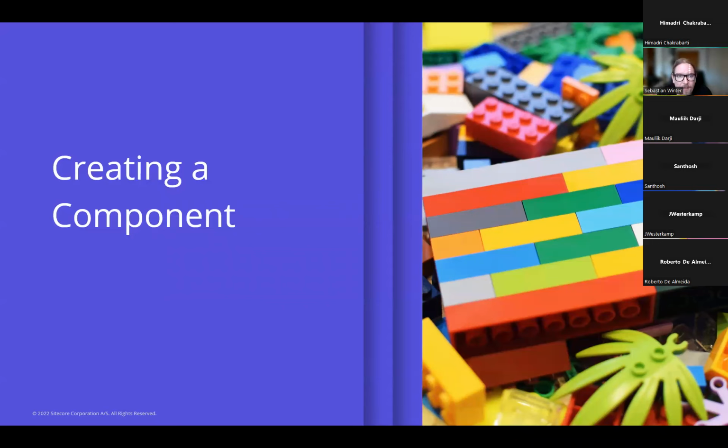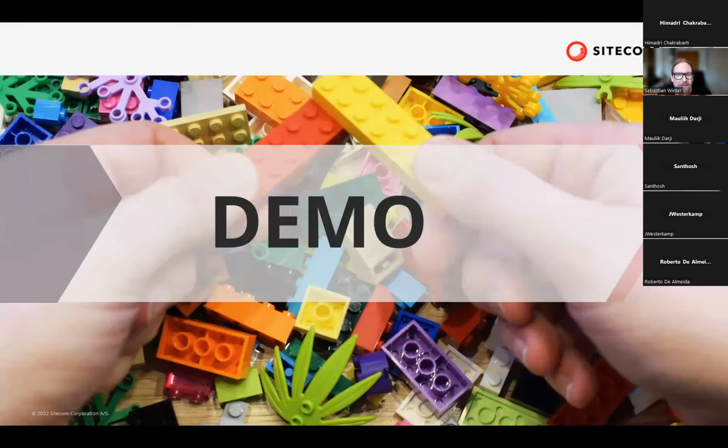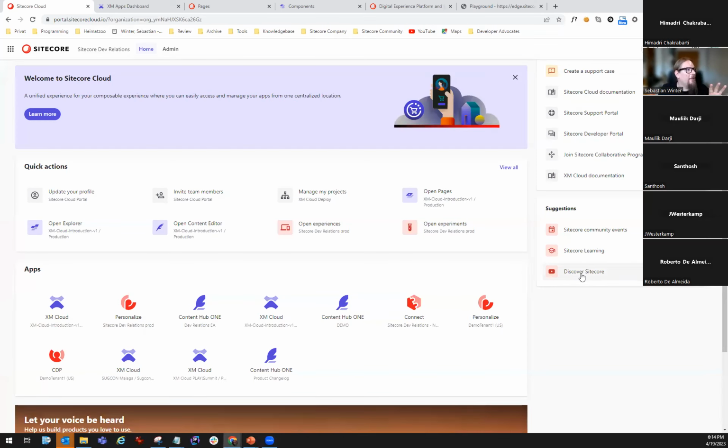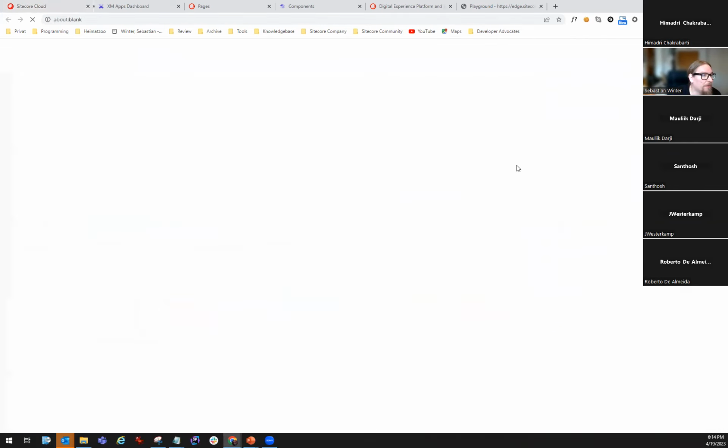Okay, so enough of theory and enough of slides for now. This is called components in action, and let's actually have a look into that, right? So let's build our first component. Let me switch. I need to turn to the other monitor, sorry for that. I'm here in the Sitecore Cloud portal from where I can access all of my composable apps. So you can see I have access to XM Cloud or Content Hub One or Personalize or Connect and all of these. And I'm using just the demo environment that I used also for the SUBCon that we had in Malaga. So let me start this one and